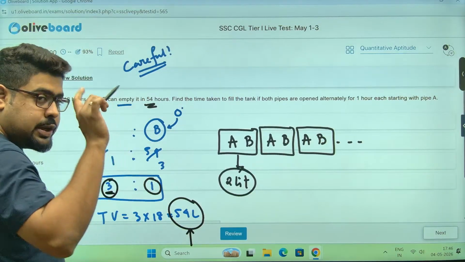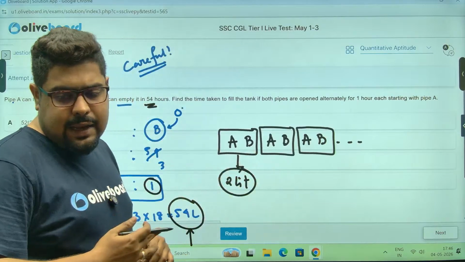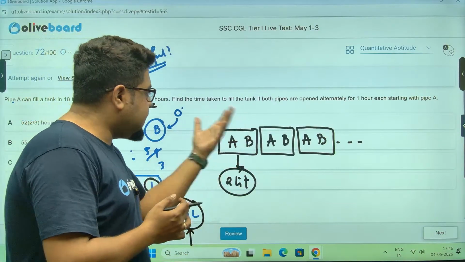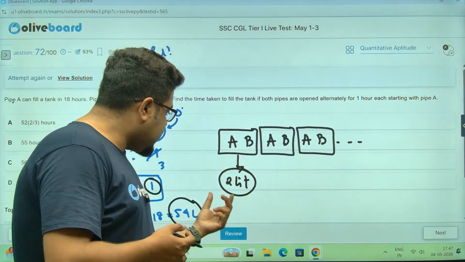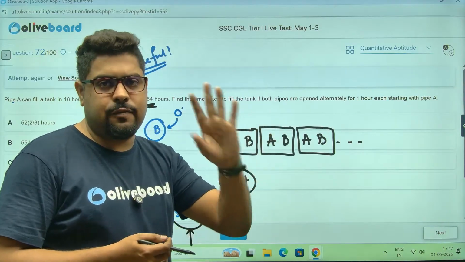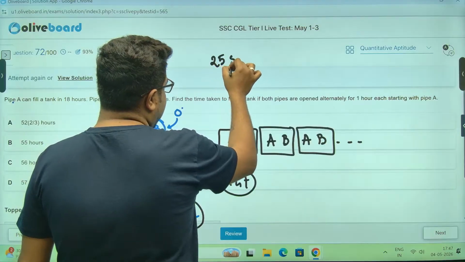So 54 liters, the last 3 liters it will fill together. If you subtract 3 liters, 51, you get 2 liters back, so the nearest is 50 liters. So if I take 25 such packets,